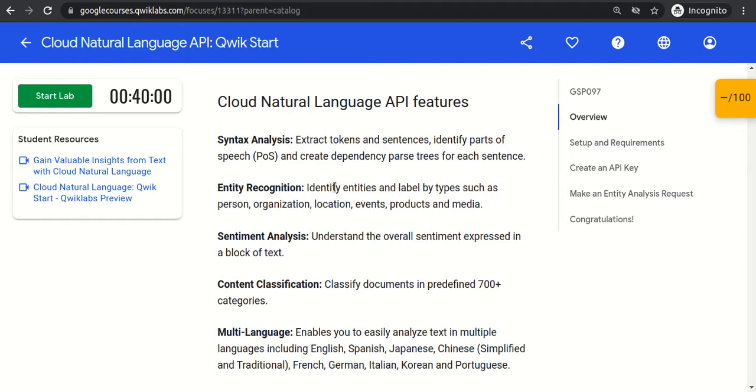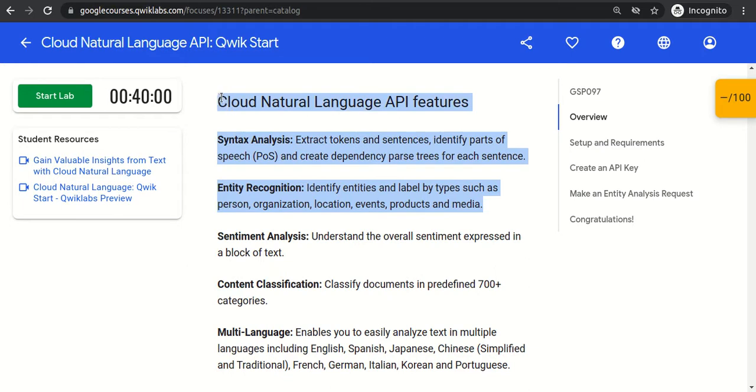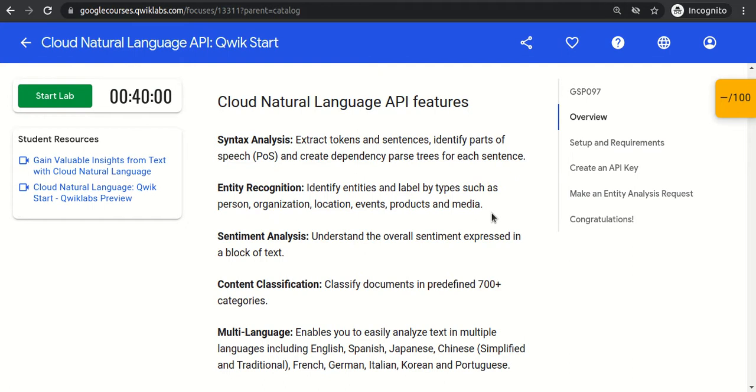Then it will read India and decide whether it is a country or location, a food, or a person. It gives us the output as key-value pairs: this particular word is a person, this particular keyword is a food. Automatically it will give us this, because Google has already created its own models and now has created a REST API to serve those models.